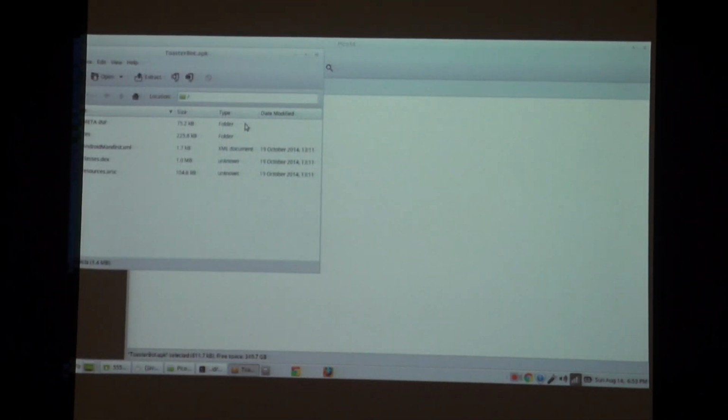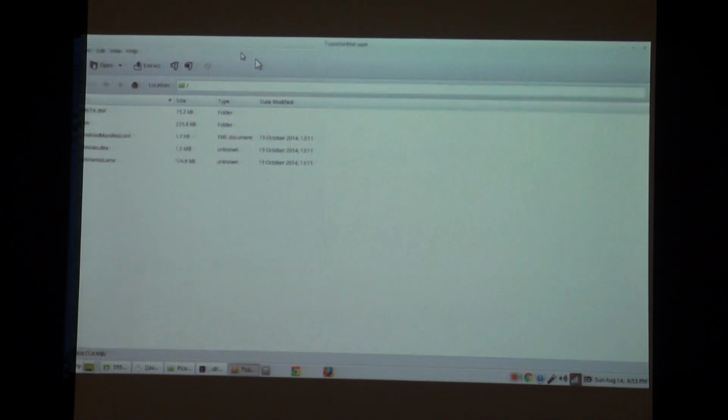For that, I'm opening this application using an archive manager. I've opened it and this is what I see. Just like we saw earlier, we have a few things here. There is the META-INF folder which we talked about, which stores all the certificates.